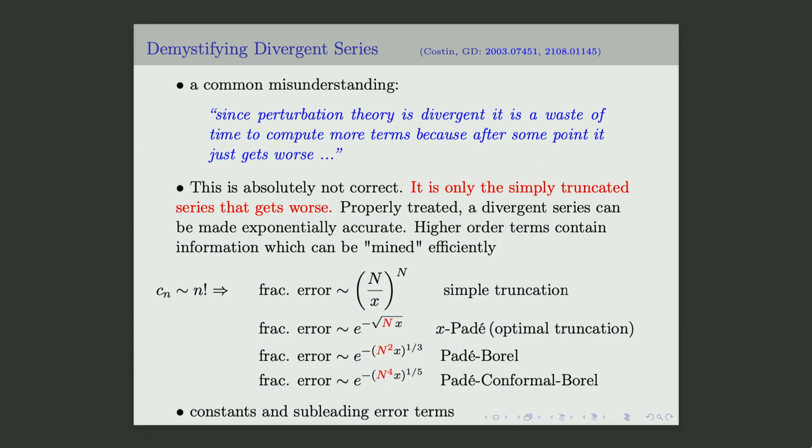And so this exercise, Costin and I did this exercise, that you just take this generic situation in physics where the coefficients increase factorially. There are books filled with examples where this is the behavior. And then you just estimate the error using some fancy orthogonal polynomials techniques. And you see that if you just simply truncate, capital N is the order of truncation, the error grows with